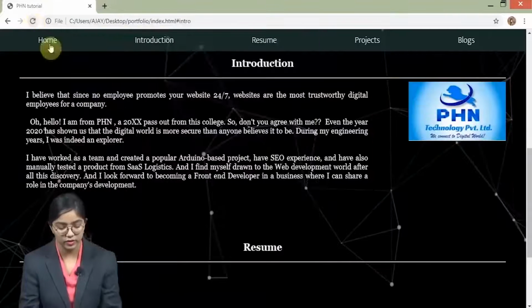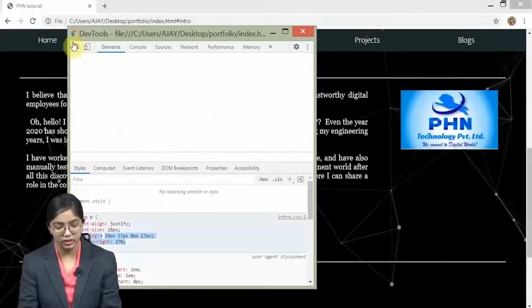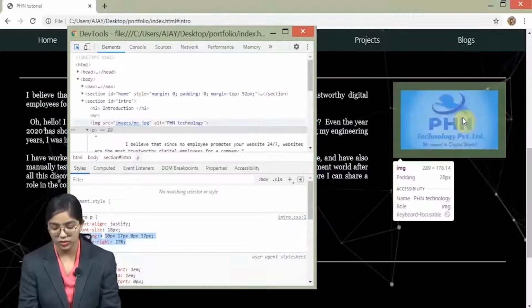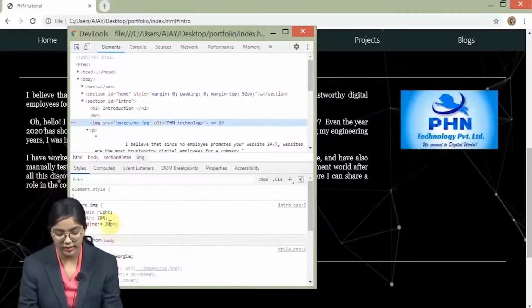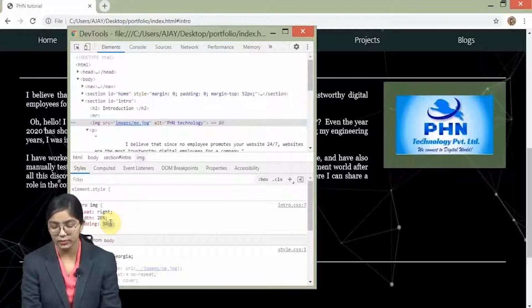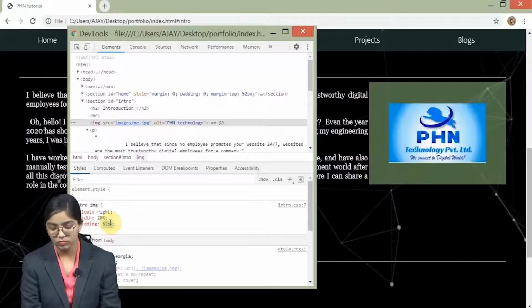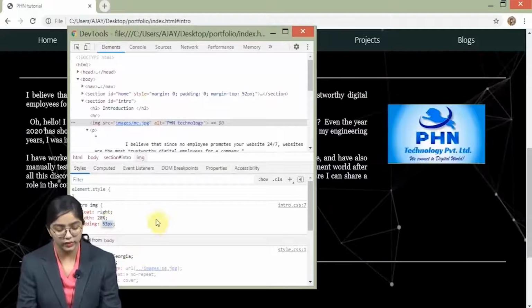So let's just refresh it and then select the image and increase the padding, so that it comes in the center. Yes, so we have given its padding.